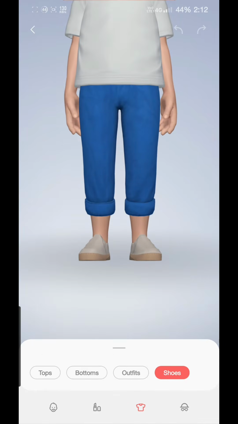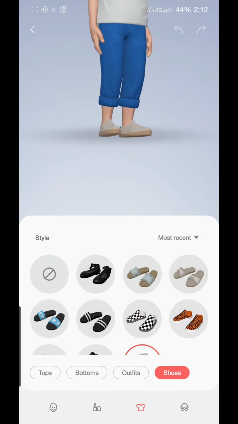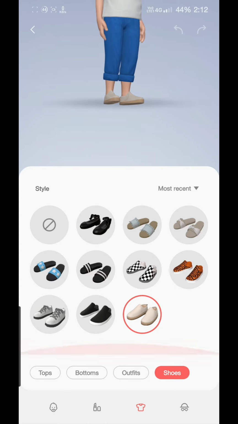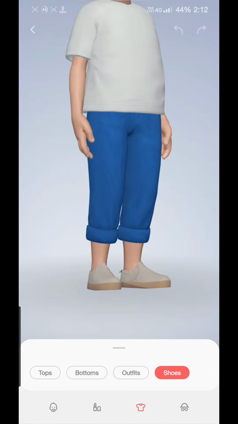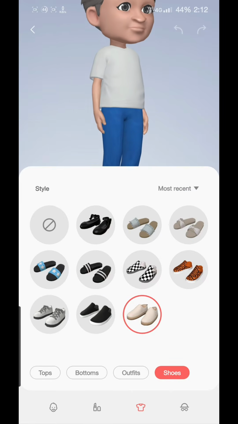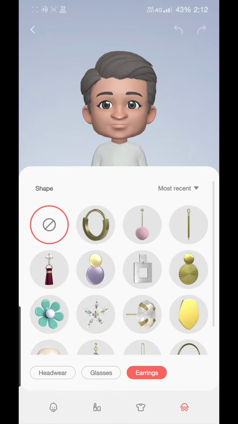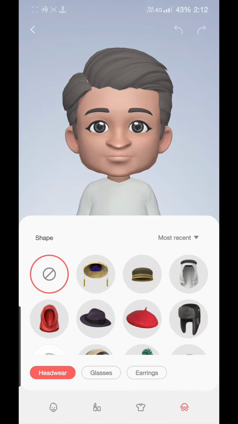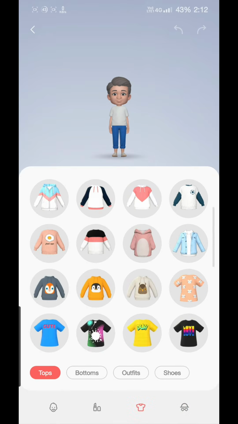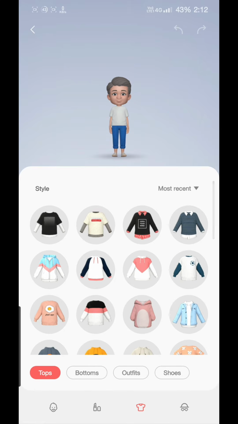So yeah, that's a great thing right now. You can change the color of the shoes you want to, but that would need more downloads for the things. But yeah, these are the things that can be added right now. You can even change the colors of your glasses and earrings and all. So many of the things have been changed here. Keep an eye on this particular feature so you can get many of the benefits of this.